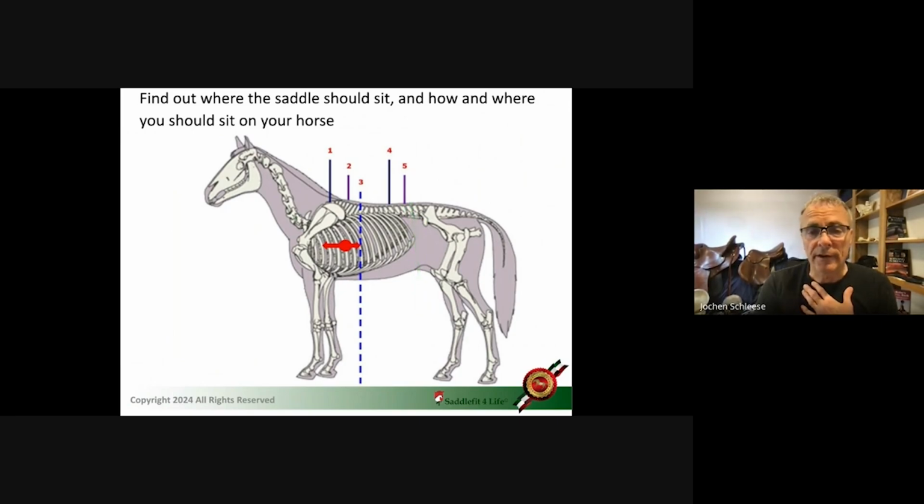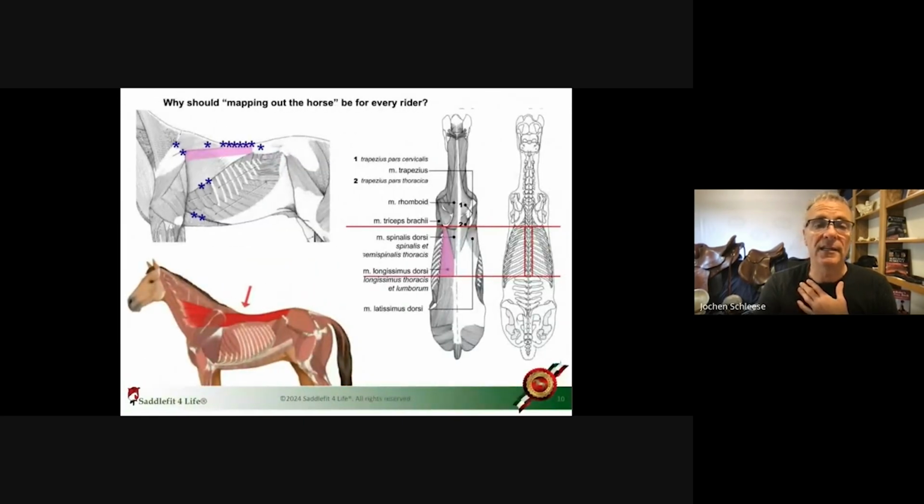Not many riders, and for sure not many saddlers, can count all these six lumbar vertebrae here to find exactly where the area is. So line 4 is really an area where you want to stop putting excess pressure. We have saddles that sit from line 1 all the way to line 5, like army saddles, packing saddles, western saddles, some baroque saddles. But the main contact should always sit between line 2 and 4. And of course, this dotted line is the balance point.